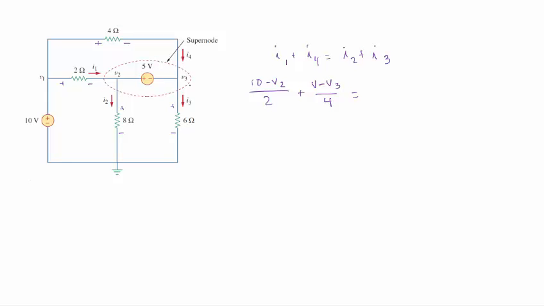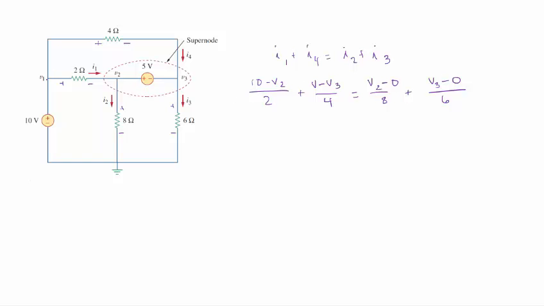I2 is V2 minus 0, really, over 8 ohms, and I3 right here is V3 minus 0 over 6 ohms. Okay, no problem there, but I have V1, V2, and V3,